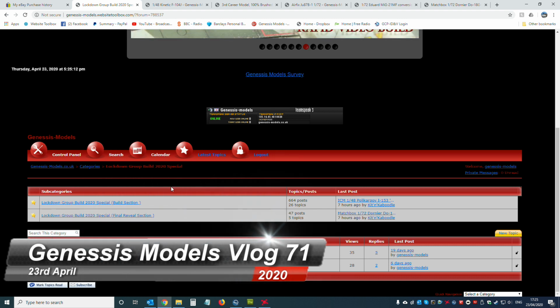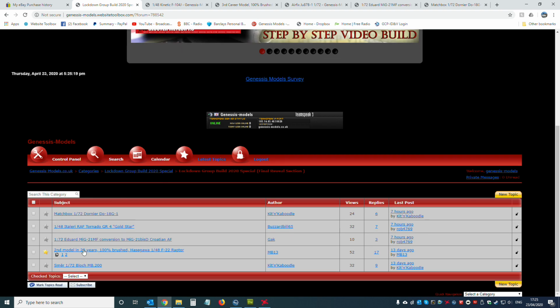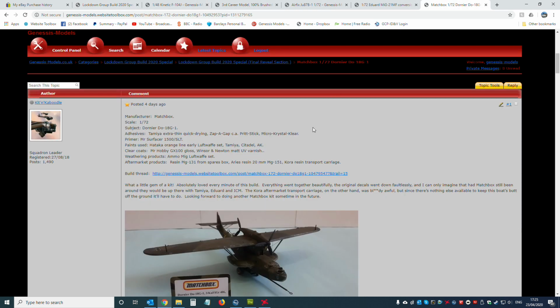We've had a few finishes as well so far since the last update, so we'll just have a quick look at them. As you can see, we've got a nice couple of finished ones here. I'm just going to show you a couple. First one we have by Kitakaboodle. He has done a Matchbox 1/72 scale Dornier